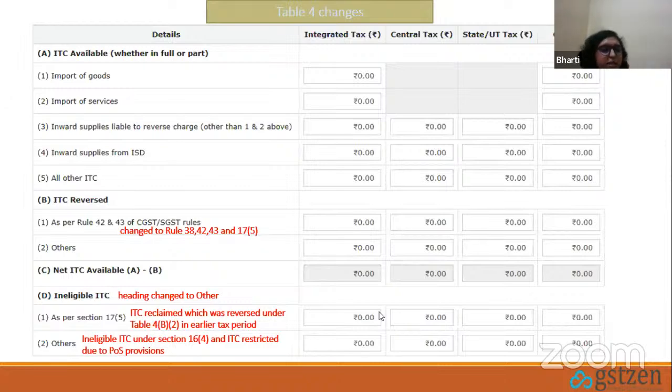4C remains the same, net ITC available, that is ITC available minus ITC reversed. 4D1. So the nomenclature for 4D has changed from ineligible ITC to other details. 4D1 is now ITC reclaimed, which was reversed under table 4B2 in earlier tax period. So let's say you have reversed something in June. If you are now claiming it back, if you are reclaiming it in July, it has to be reported in